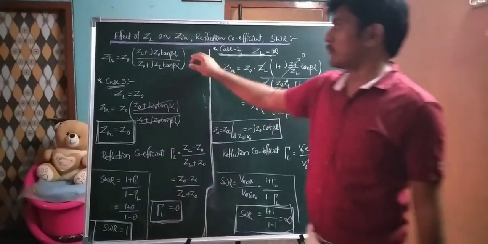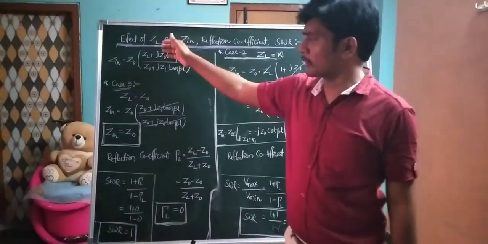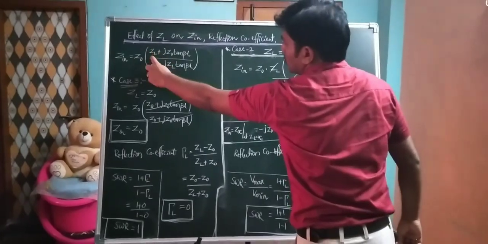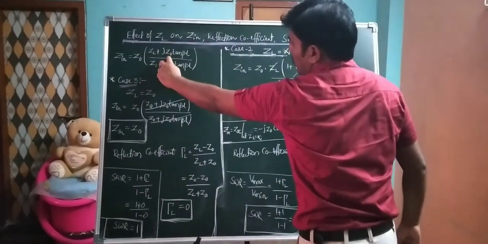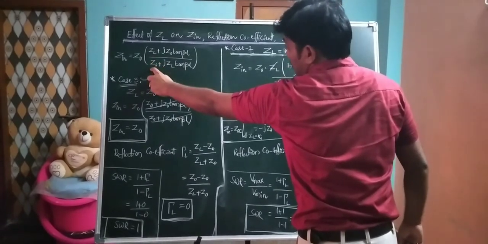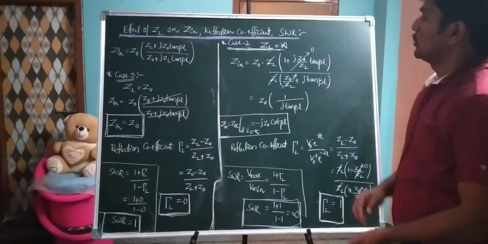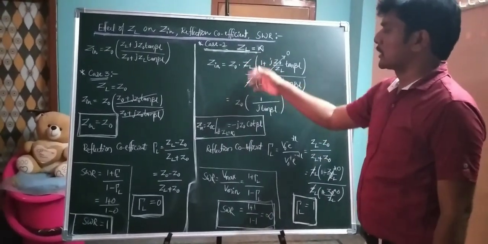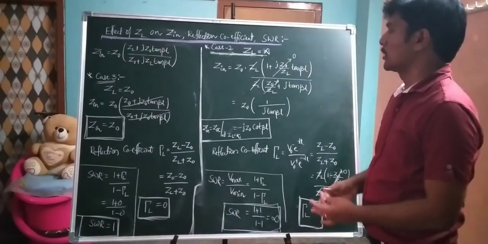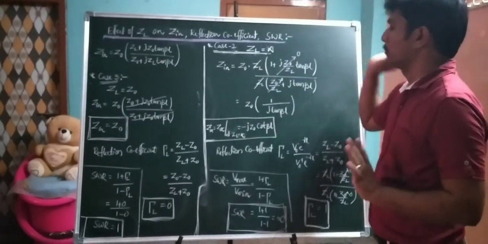In this formula, we can take ZL as a common term from the numerator and denominator. When ZL is taken common, we get 1 plus jZ0 divided by ZL tan βL, divided by Z0 divided by ZL plus j tan βL. So now ZL gets cancelled. Now ZL is substituted as infinity. 1 divided by infinity becomes 0, so 0 times this entire term becomes 0.